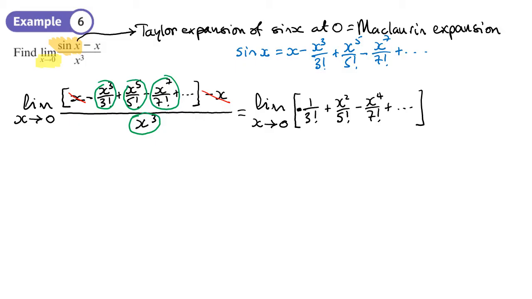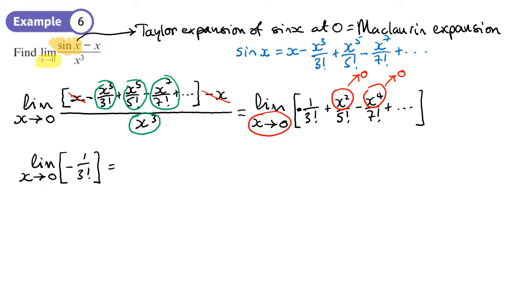I think all the other signs are correct. So what's going to happen as x tends to 0, then obviously that tends to 0. So these fractions tend to 0. So all that leaves is the negative 1 over 3 factorial. So the limit as x tends to 0 is going to be negative 1 over 3 factorial,